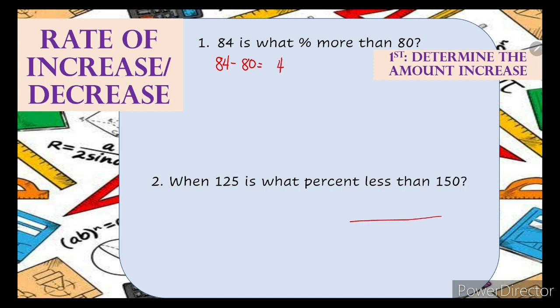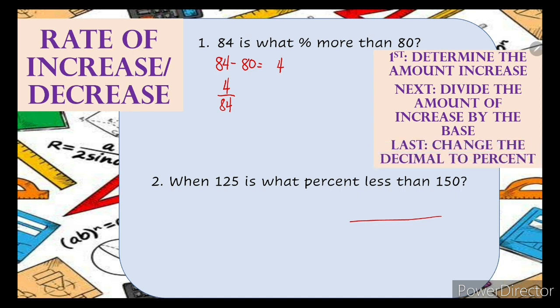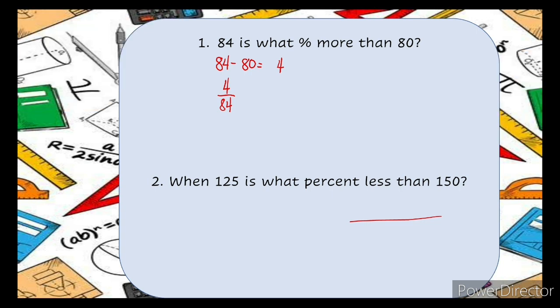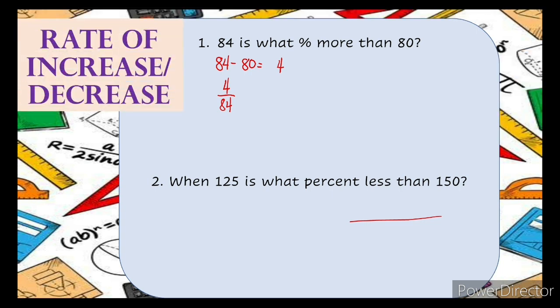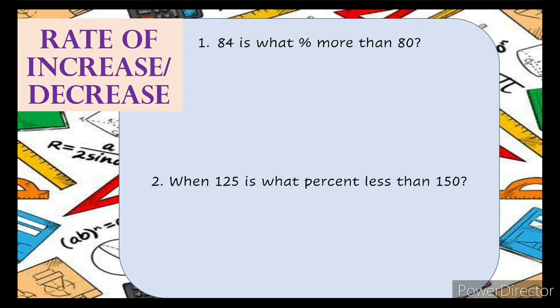Next step. Divide the amount of increase by the base. So, 4 all over our base, which is 84. Last, change the decimal to percent. So, let us divide muna. 84. So,